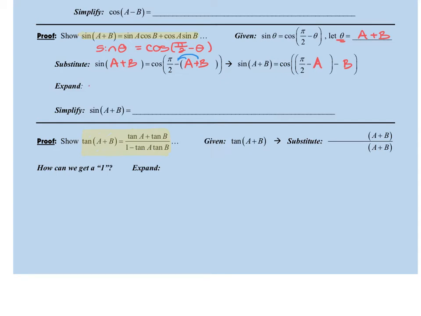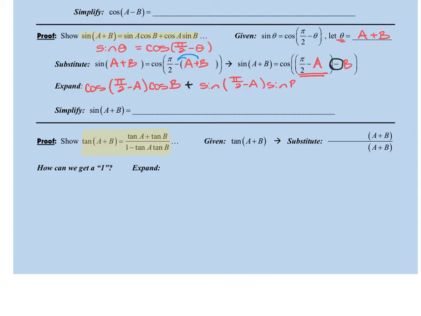So we're going to say cosine. And remember, that's going to be of our first angle, and our first angle is actually this entire expression right here. So we're going to say cosine of pi over 2 minus a. Cosine, cosine, so we're going to say cosine again, and this time it's going to be cosine of b. Remember, on the cosine formula, we're going to change this from a minus to a plus. And now we can do sine, and again, our first angle is pi over 2 minus a, and then sine